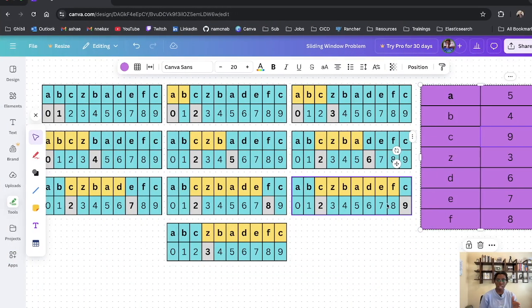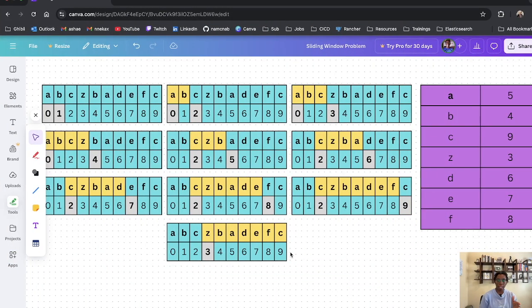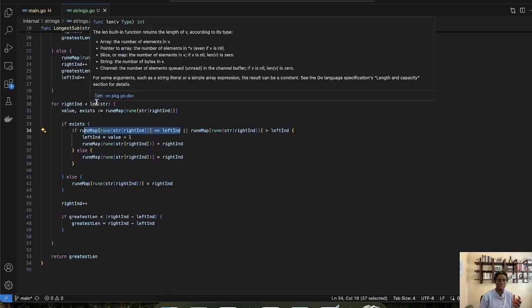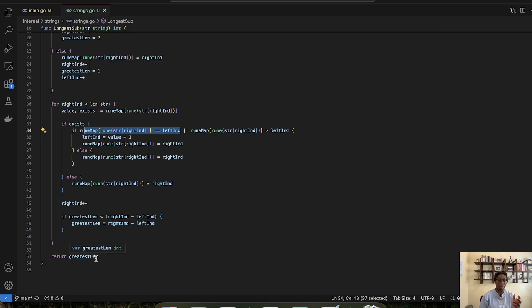Technically, there's going to be a 10 here, if you kind of imagine it as a 10, so 10, 9, 8, 7. So now 7 is going to be our greatest length. That's going to be the latest value for that. And then since 10 will be the right index, it's going to be greater than 9. And so then this for loop will not be entered, and it is going to return the value of 7